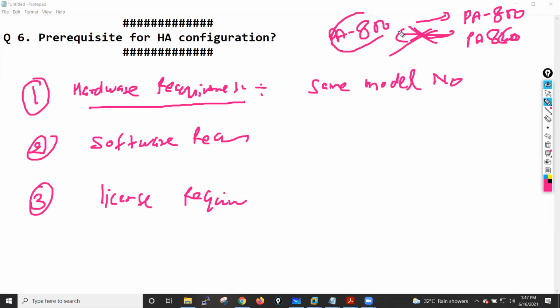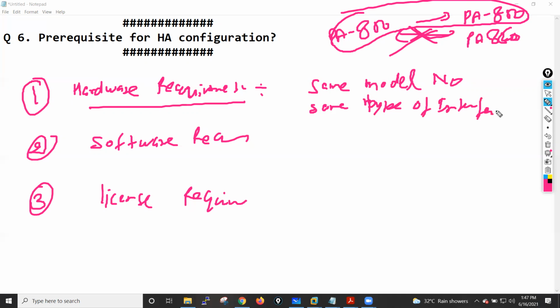We need the same model number at both ends, guys. If we have the same model number, we definitely have the same type of interfaces: the same number of interfaces, and the type of these interfaces is also similar. So these are mainly the hardware related requirements.